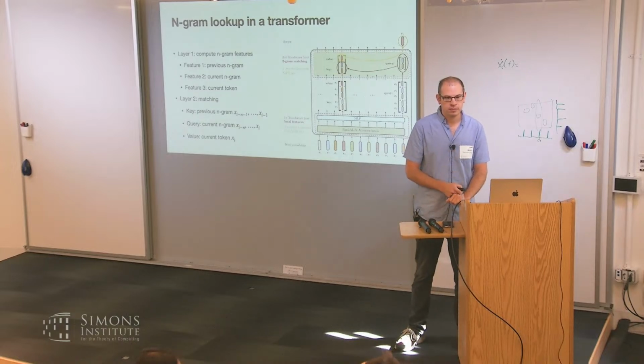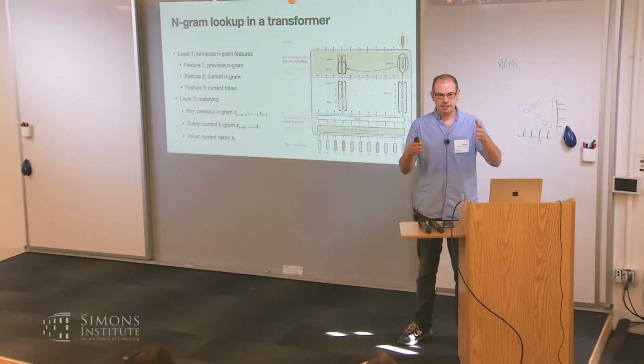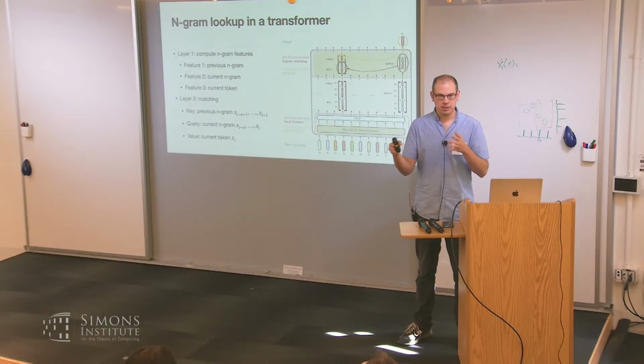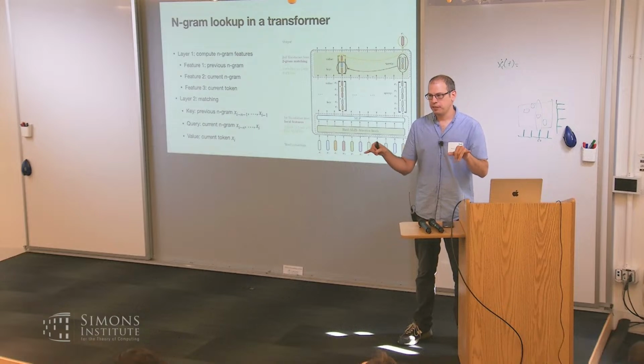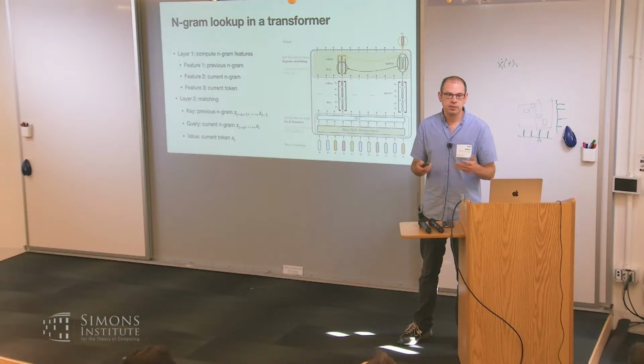Maybe that's a naive question, but what happens when the n-grams are not correct? In theory, you have this n-gram hash table or lookup table, and then you attend to the wrong n-gram, and then you complete the sequence in a wrong way. I'll try to show you that the performance decays gradually, but yes, this could ruin the